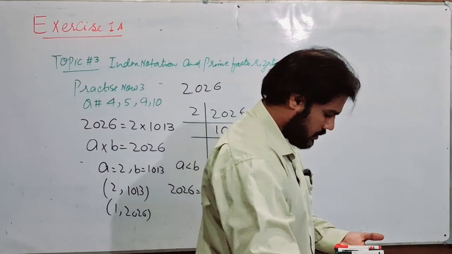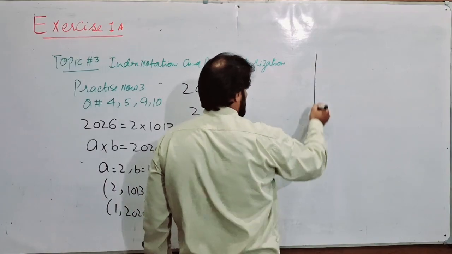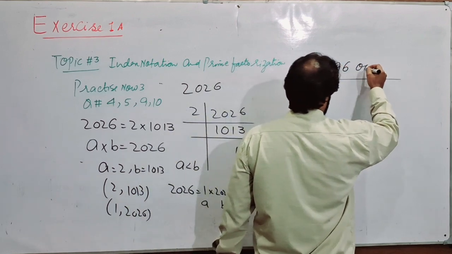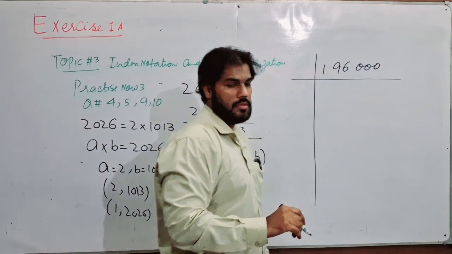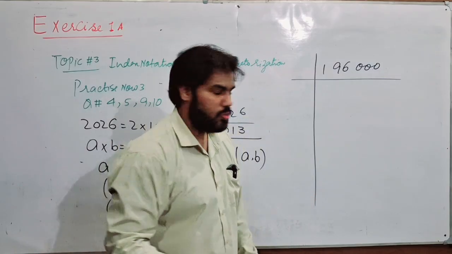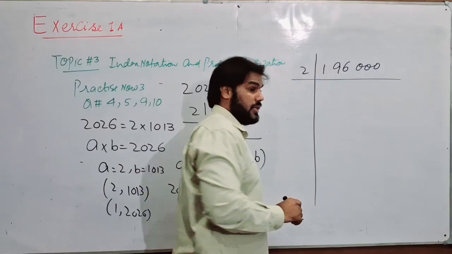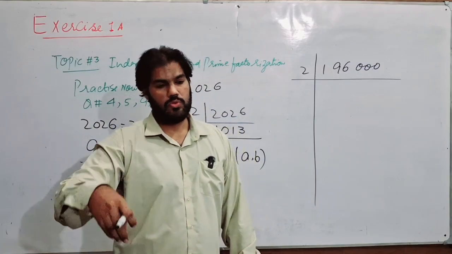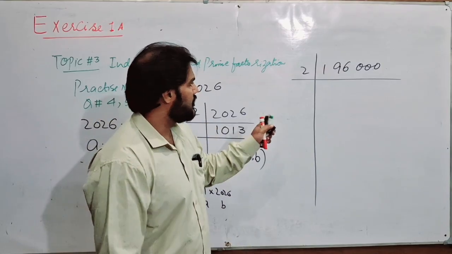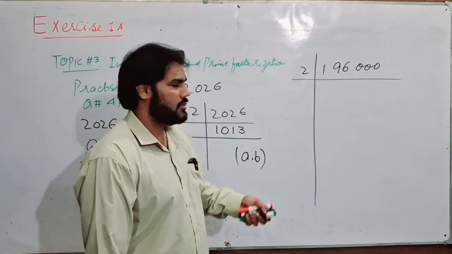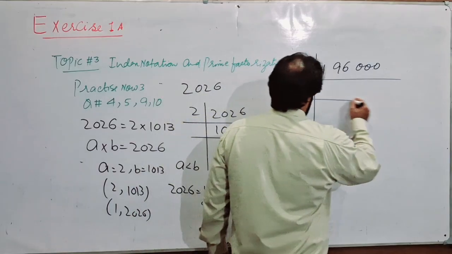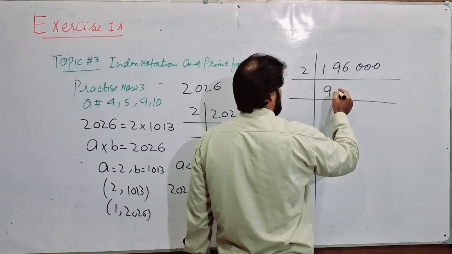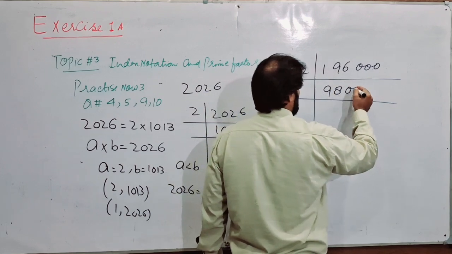My number is 196,000. Clearly the number is even, so it will be divisible by 2. You cannot divide it by 10 because 10 is not prime. You have to make its prime factorization, so you will start from any prime number. Although you can take 5 directly, this number is divisible by 5 also. So if we start by 2, 2 9s are 18, 2 8s are 16,